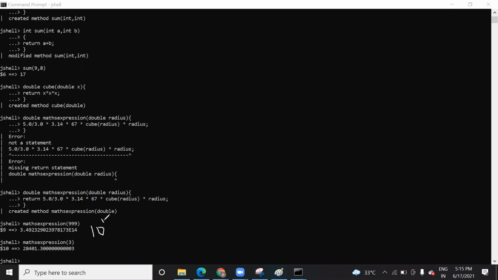So it will be 10 to the power 14. That's why this value 3.14 is showing small. It will be something like this. E14 means 10 to the power 14. When you multiply this with 10 to the power 14, you will get that. That's why we are getting such a long value with this. Why do they write 10 to the power 14 instead of simply writing the number? Because 10 to the power 14 means 14 zeros. It will become too long. It is 3 point, so 14 numbers after that.